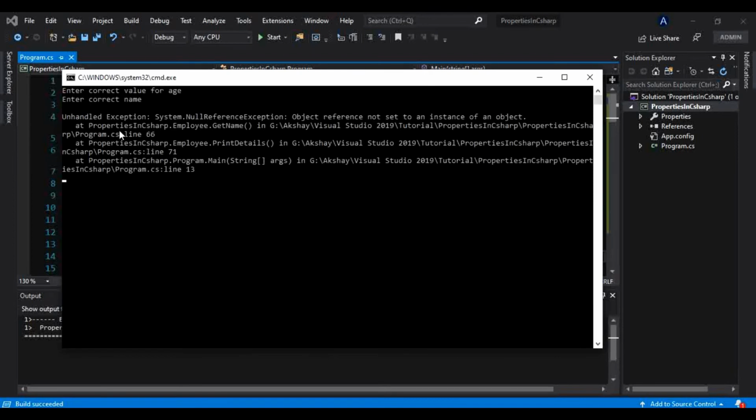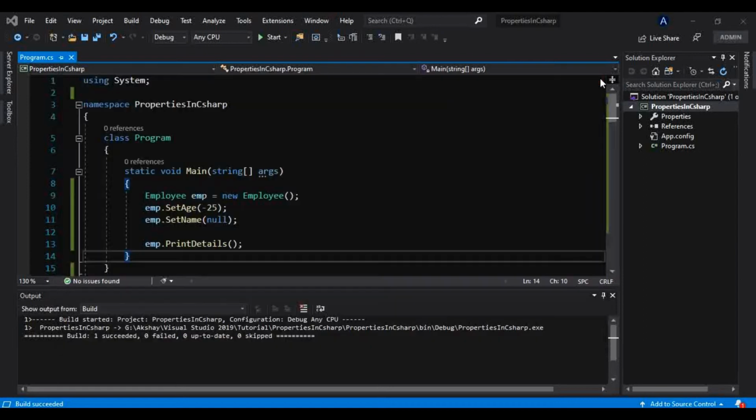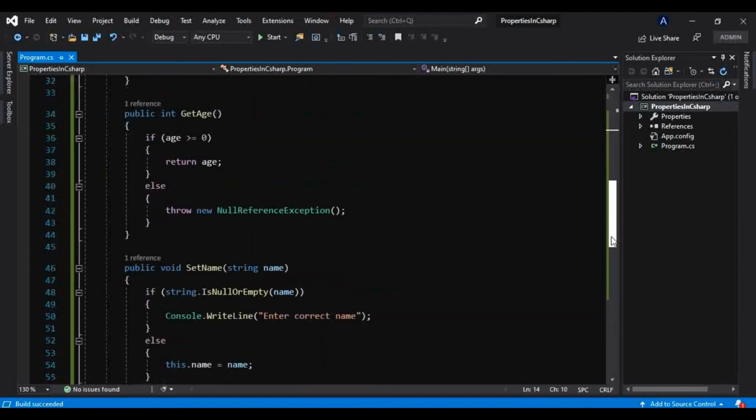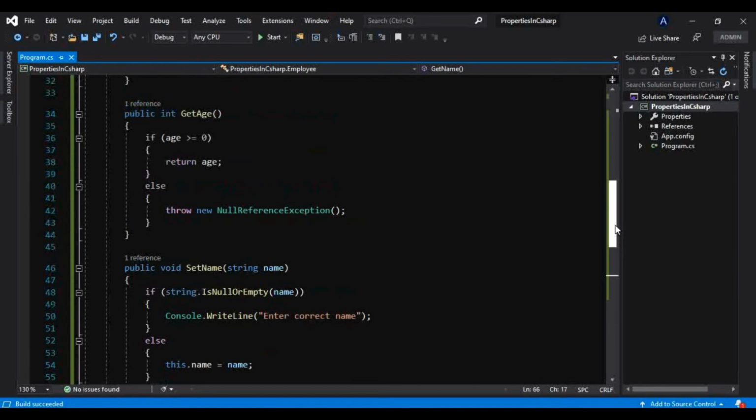Okay, so it is throwing an exception. Why? Because it is dealing with that reference type. We know string is a reference type, so if it is providing a null, then at the time of getting that name, it is checking if that string, that is name, which the user has provided as null, so it is null. That is why it is coming in this else section, and it is throwing that exception, the null reference exception. That's what we have seen. So that is what getter and setter are used for.